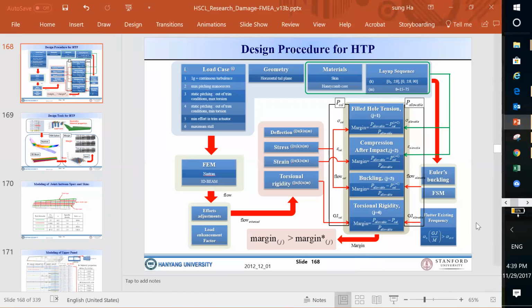So when you design, as I said, you consider deflection, you consider stresses, or sometimes strain. And another thing you need to consider is buckling, which in our case, we need to study a little bit. And sometimes we have to consider flutter frequency. What is that? Frequency. Well, this is another interesting feature. And